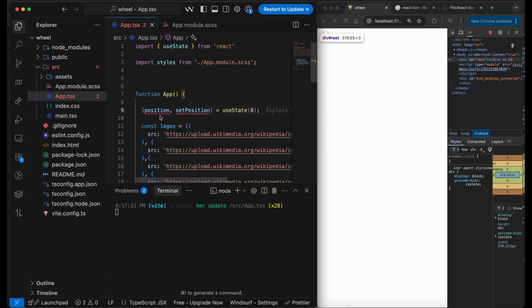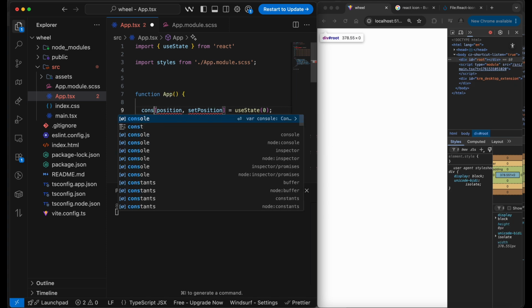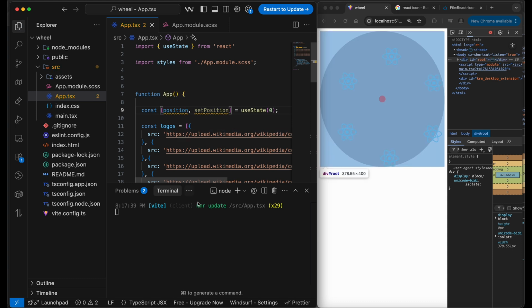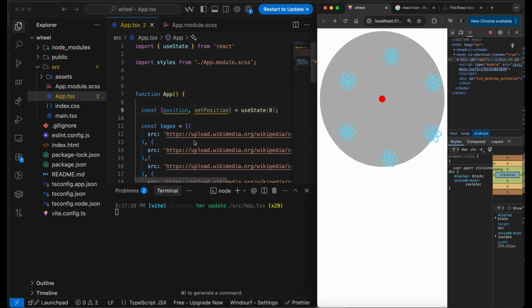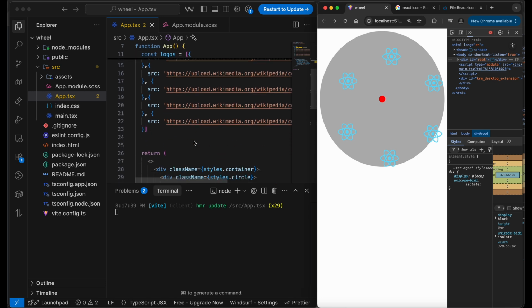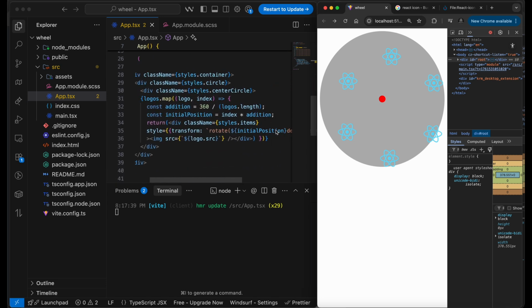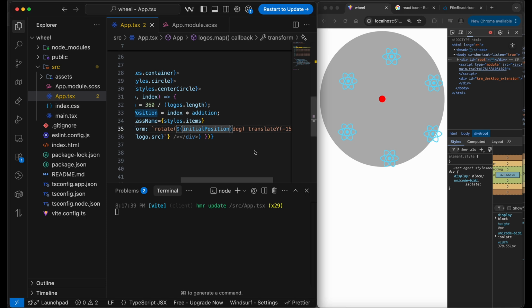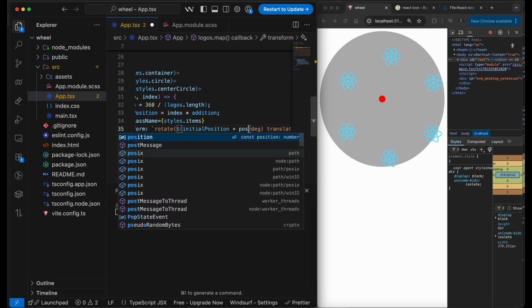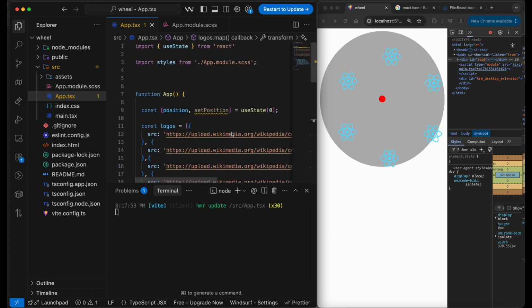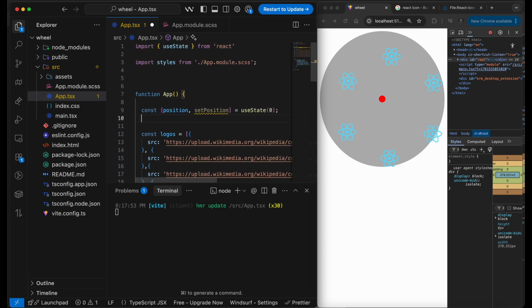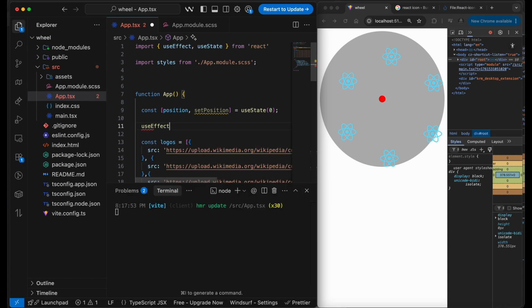This is throwing me an error because I'm not defining it. So let's see that the degree is plus position, and we do a use effect